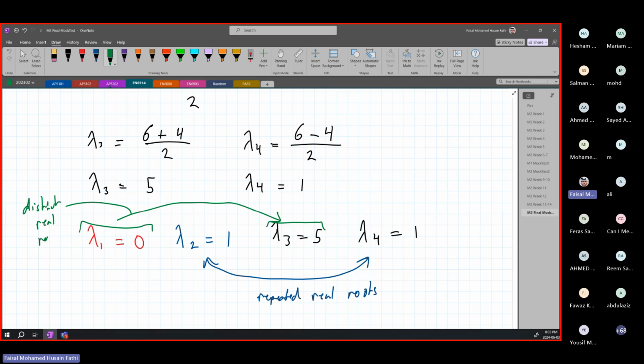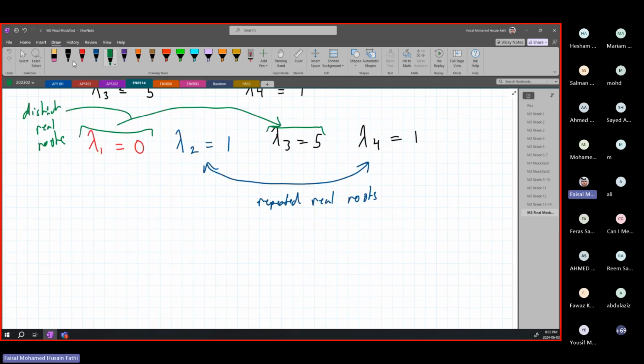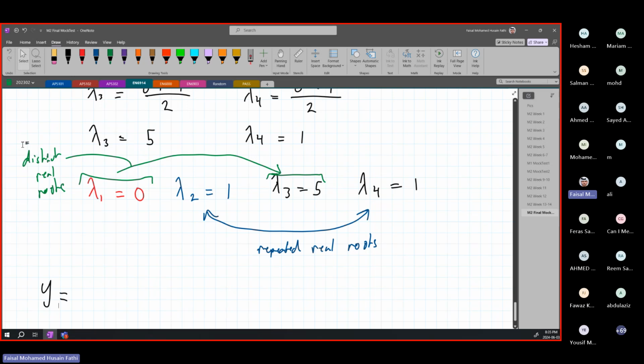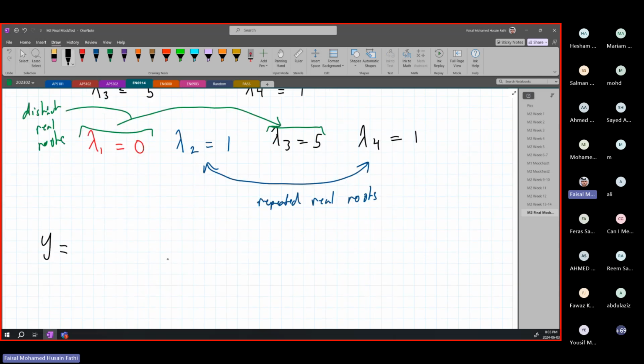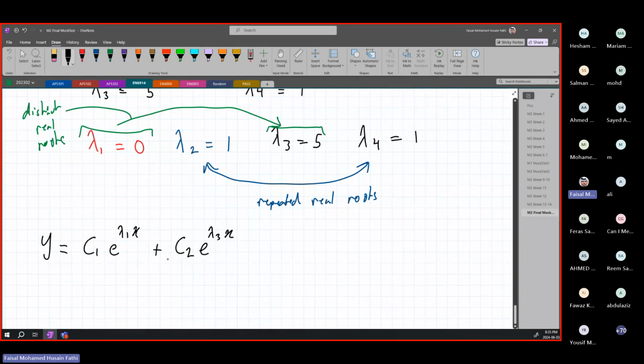So if we look at our general solution now, y is equal to, the way you will do this here is first you will fill out all your distinct real roots to begin with, to get them out of the way, since they are the simplest to do. So the equation for that is C1 e to the power of lambda 1x, or in this case, actually let's keep it as lambda 1x, plus C2 e to the power of lambda 3x. All right. So we have our general solution for the case of distinct real roots. Now, plus C3